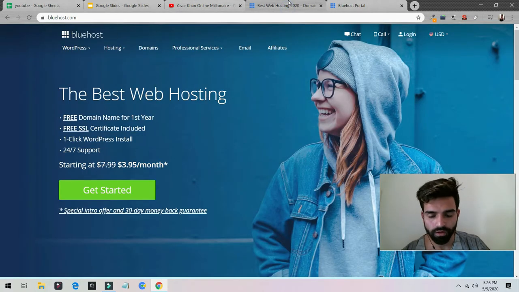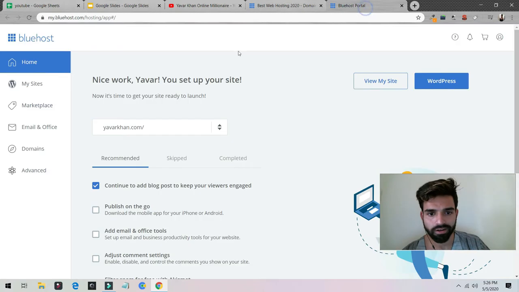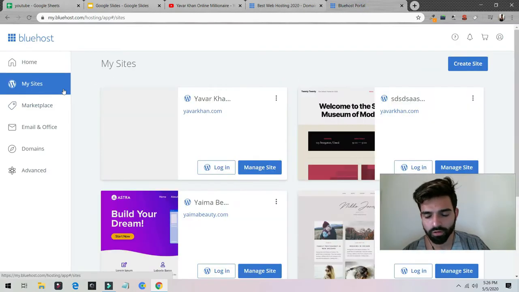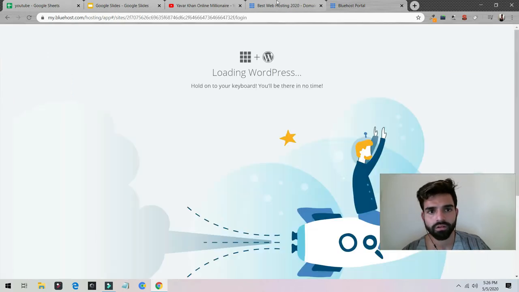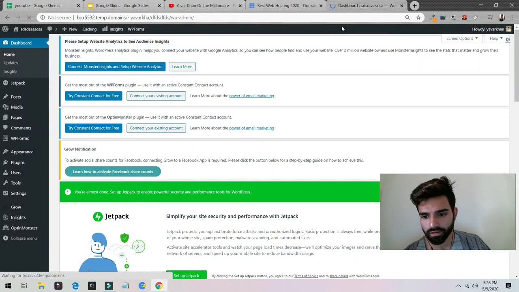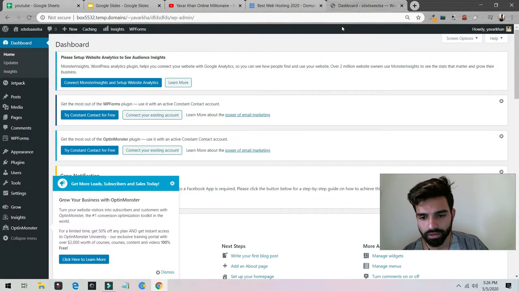Currently I'm using Bluehost for hosting WordPress. I think it's one of the best web hosting options for WordPress. I have a lot of websites, so I'm just going to take one sample site and log in. To add the meta description and keyword in a WordPress website, the basic steps are, the first thing